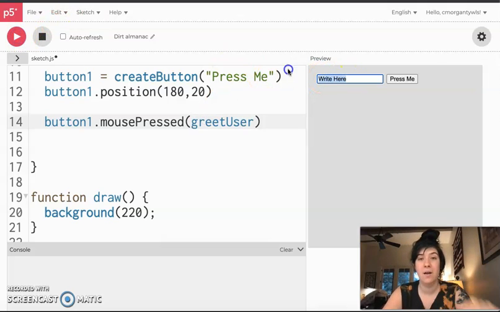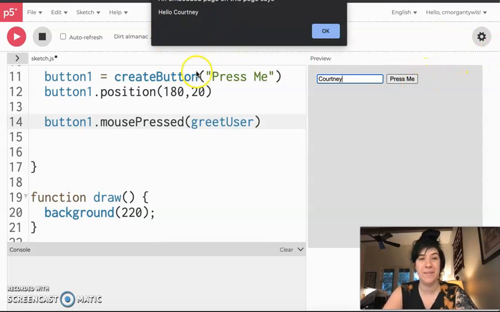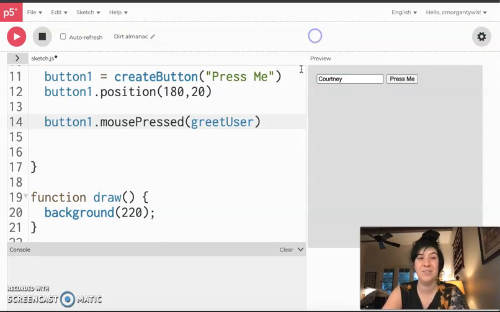So now I'm going to hit play. I'm going to type in my name. I'm going to hit press me, and I should get a pop-up that says hello Courtney, which is super awesome